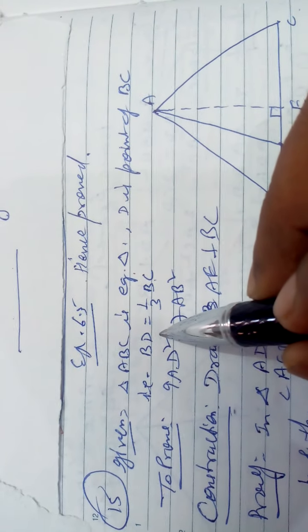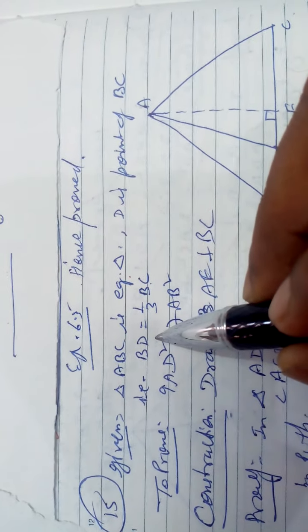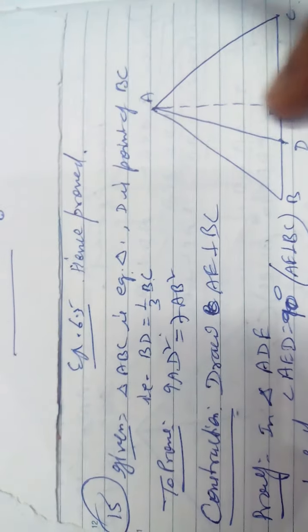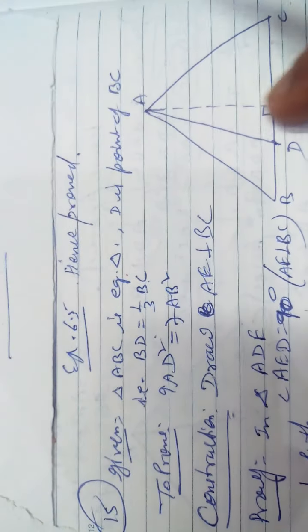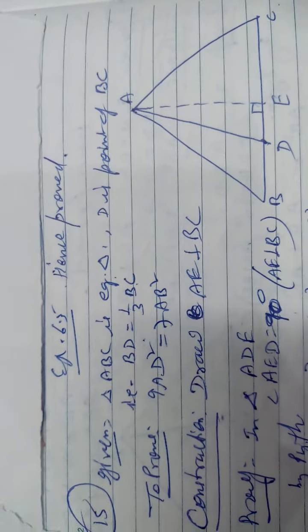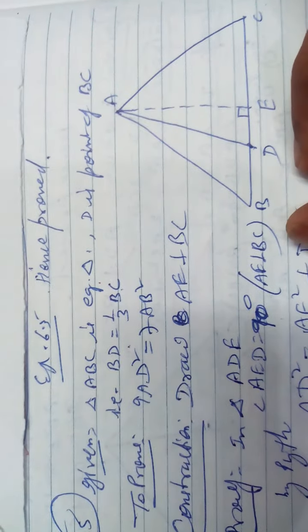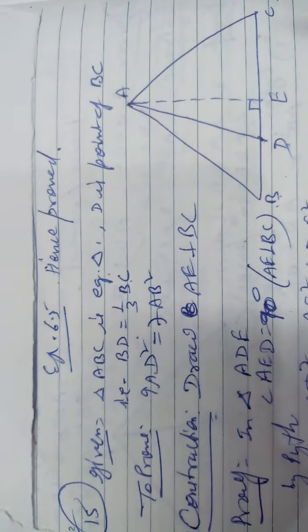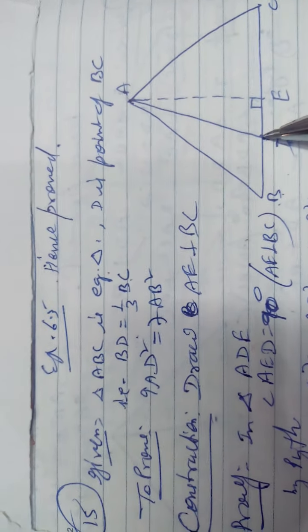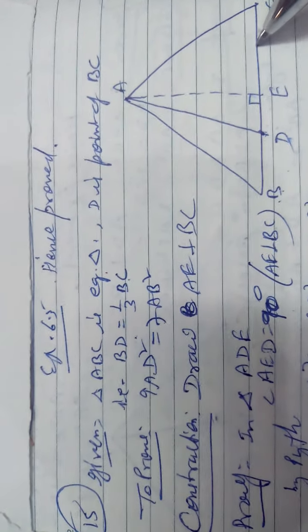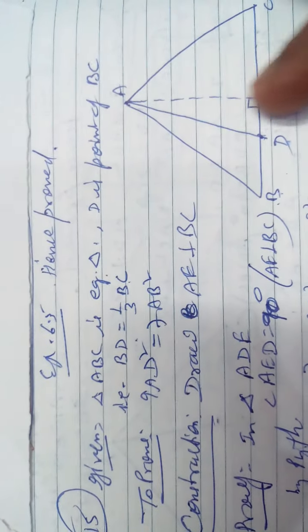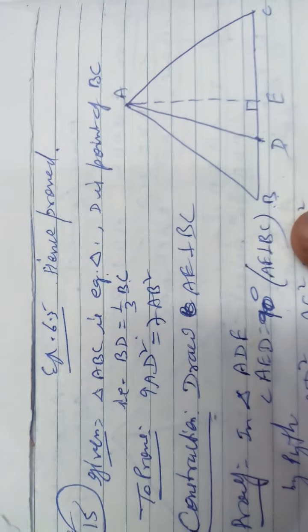Because in an equilateral triangle, the line from the midpoint is a perpendicular line, it is a median. So BD will be one side. BD is smaller than the full line, it is 1/3, so three parts. Here I am taking point D and join it. Don't take point D on the other side, because when you draw the perpendicular, it must be towards B.